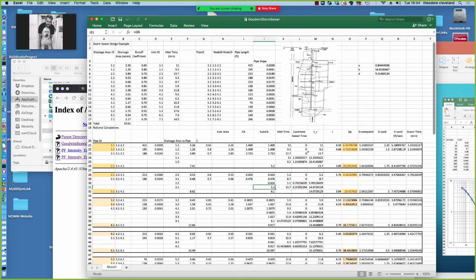That pipe has a CA value of 5.2, an inlet time of 13.7 minutes, plus 0.37 minutes of travel time for a total of 14 minutes. So 14 minutes is the time of concentration we'll use to compute the flows that are leaving position 3.1 on their way to position